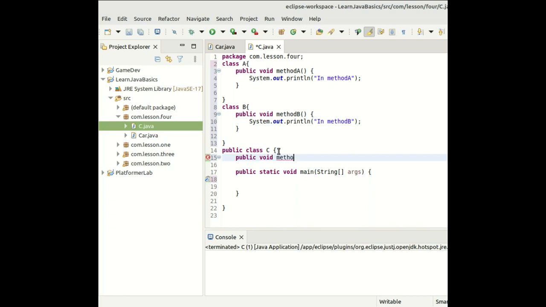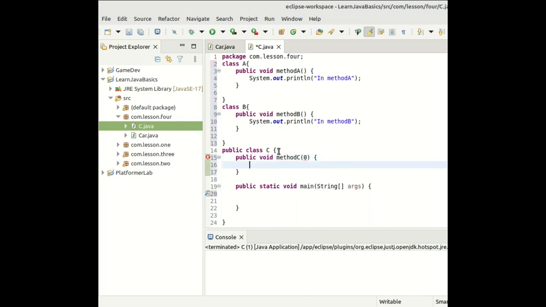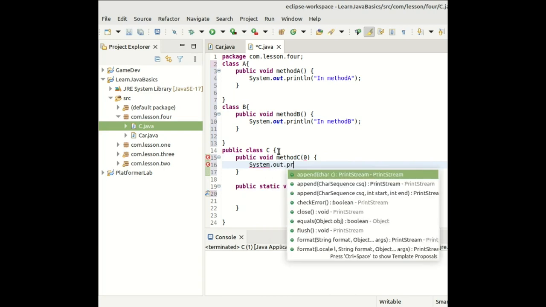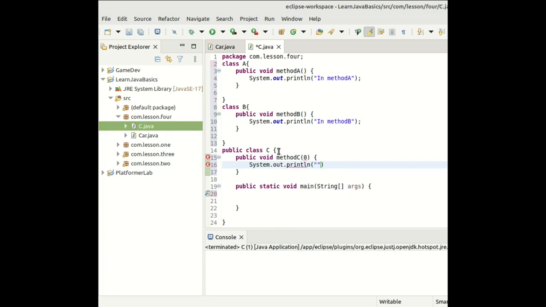Here we have method C. And then there, we terminate. Now, remember what we said is that class B directly inherits from class A, and therefore we